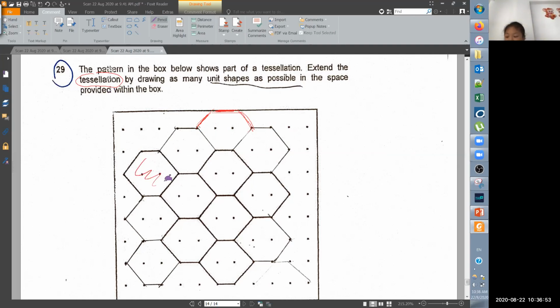OK, so let's say this is the original shape, right? So as long as you can put this into this, you can keep adding one. Like this is another one, right? 是吗？Am I right? So basically you keep adding. It says, by drawing as many as possible. 就是画到你不能再找得到为止。OK 可以吗？